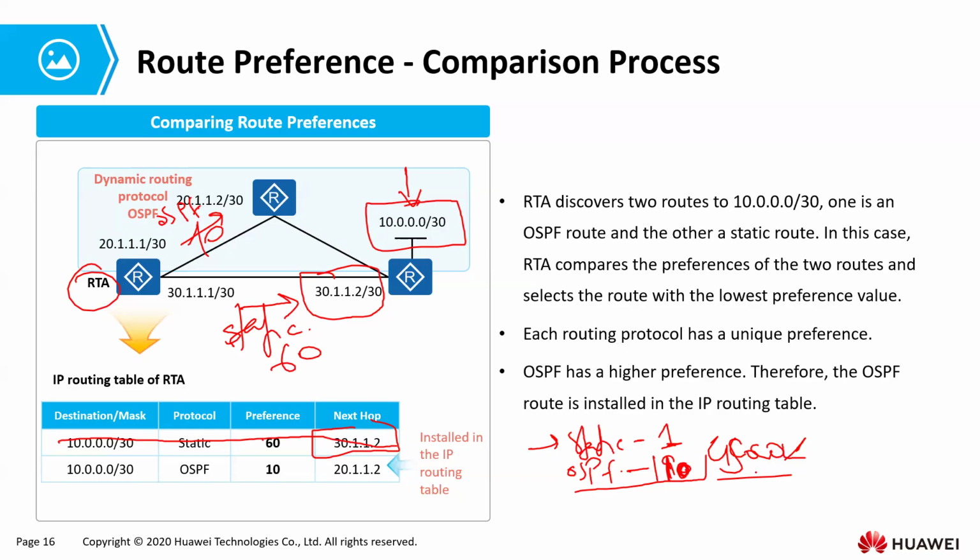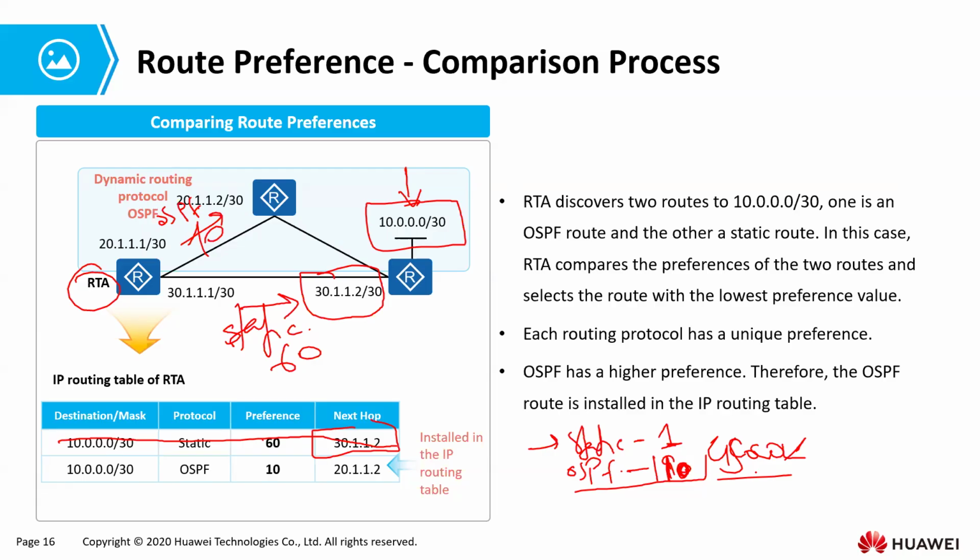But on the flip side, I think static routes have a problem in that they don't automatically update. So if the link goes down, the static routing table remains, even though the link is not working. On the flip side, OSPF or other routing protocols are more preferred than static because dynamic routing